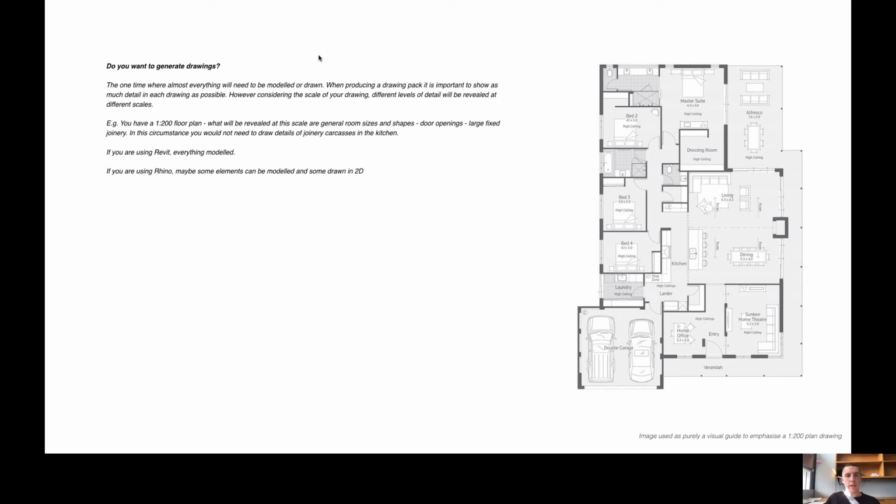And when I say drawing scale, let's consider this one here, a 1 to 200 plan. What's really important here is you can see we have general room layouts, we know where beds are, loose furniture, and fixed joinery as well. What else? Door openings. So we understand the overall shapes, the door openings, the windows, fenestration. We see loose furniture, we see fixed joinery as well. What we don't need to capture in a 1 to 200 drawing